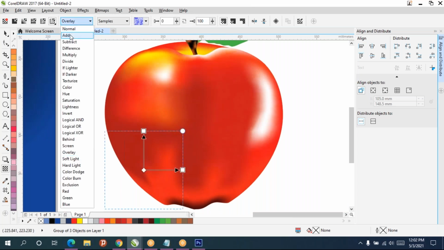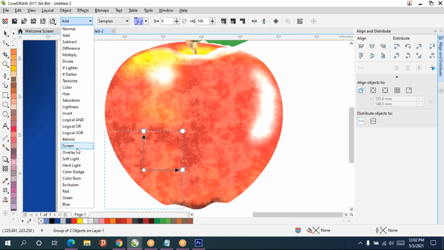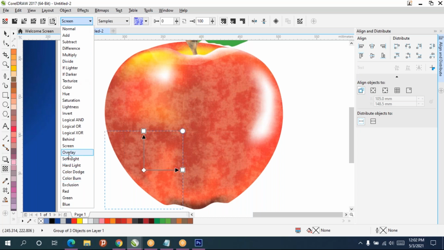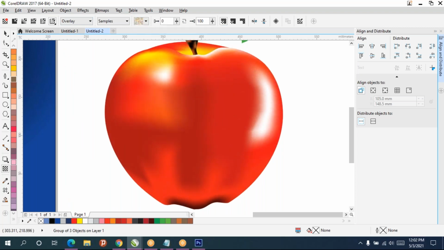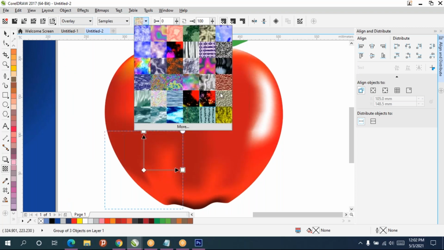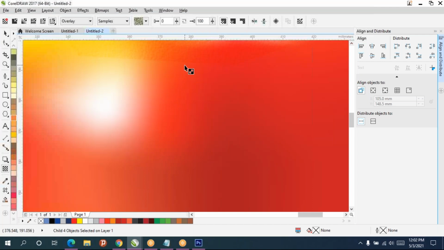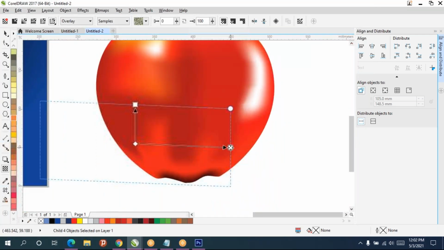So overlay is not matching. Add, not that much good. And you can increase the size of the texture.